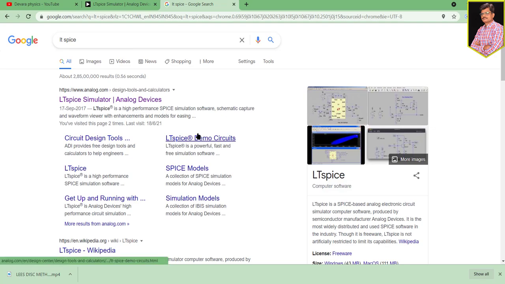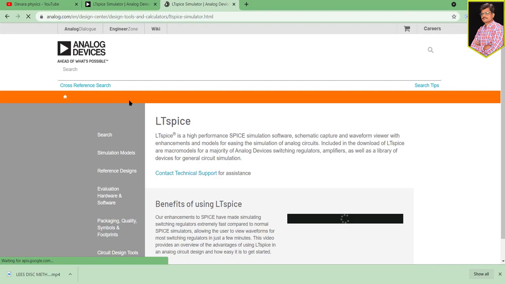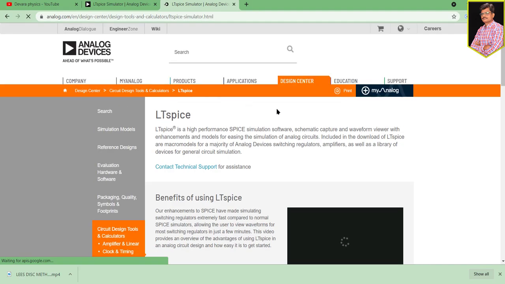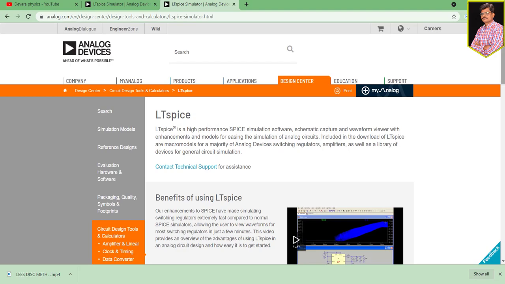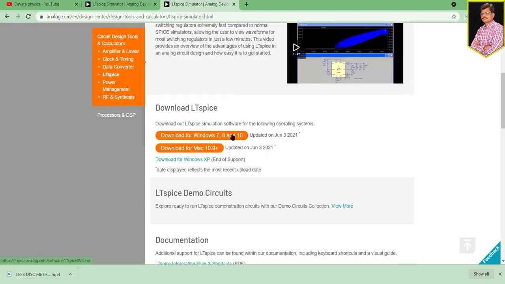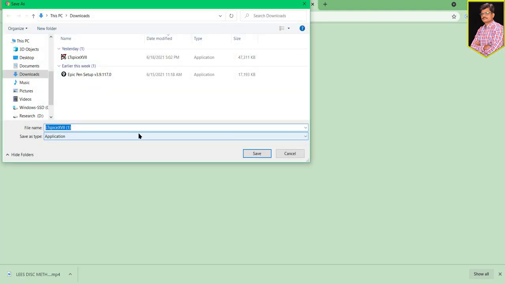Okay, then LTspice simulator analog devices, you'll get it, and once you click on this, you'll get this type of interface where you download it for your Windows 8 or 10.